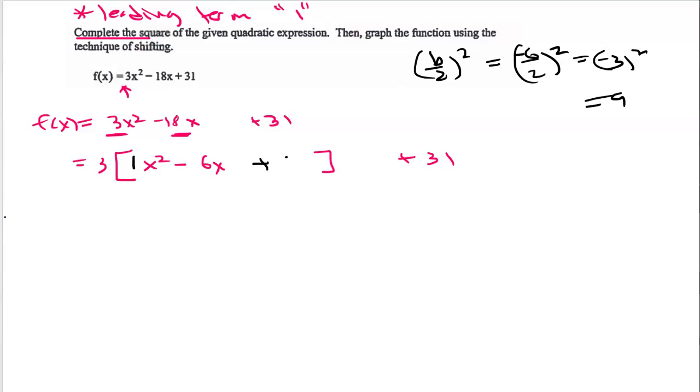So that means I'm going to put a positive 9 here, and I'm also going to add a box here. So I add a box. Okay, so I put a positive 9, and I also need to add another box out here. But again, like we did before, if I add 9 here, that means I need to subtract this by 9. But